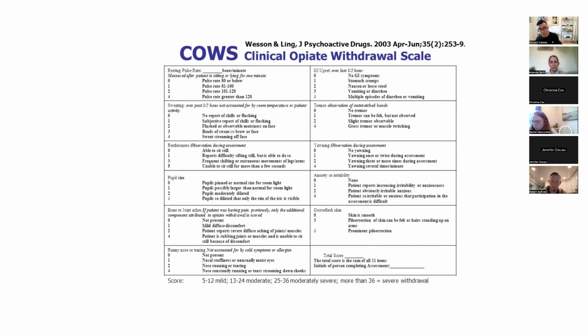Understand the COWS. You don't have to memorize it, but I do want you to know the scoring for mild, moderate, and severe. All right. Know the scoring. So know that once you go to 13 to 24, that's moderate. And know that they have to be above a 12 for you to give them opioid replacement therapy. Or if not, they're going to have precipitated withdrawal. That's important to know. All right. I'm going to say it again. Opioid replacement therapy should not be given unless someone is in active withdrawal, right? And they should be scoring at least a 12. Because if not, you're going to give them something called precipitated withdrawal, which is going to be bad.